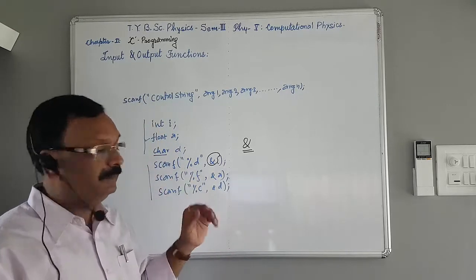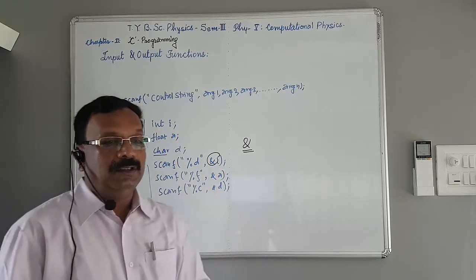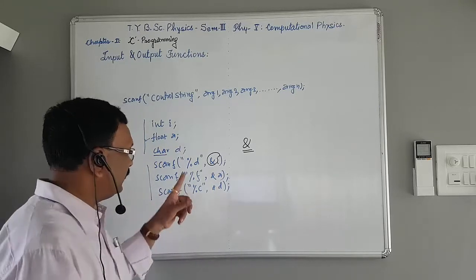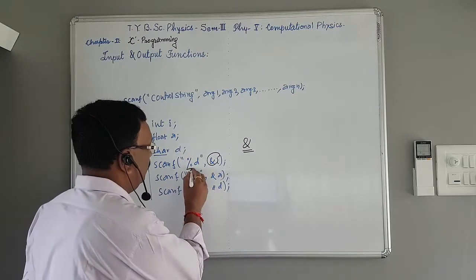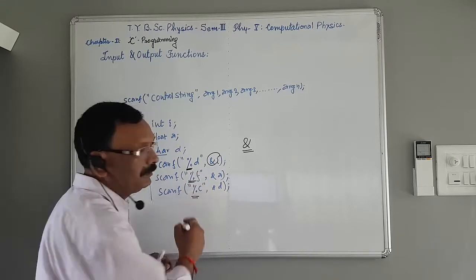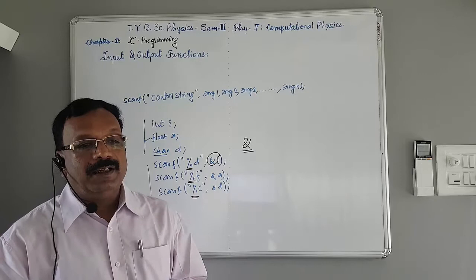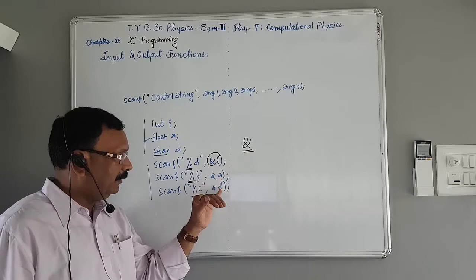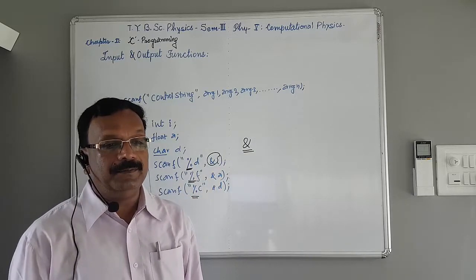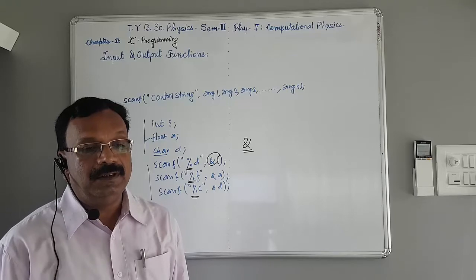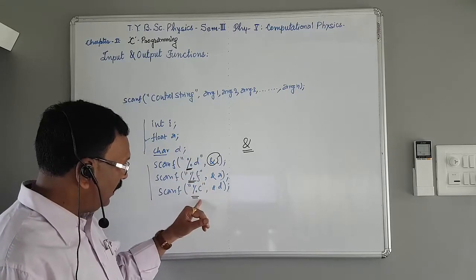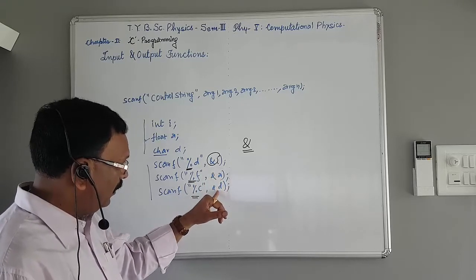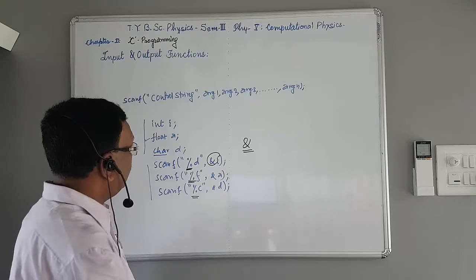Now control string. Control string is very important. Control string consists of individual groups beginning with a percentage sign, followed by a conversion character for a data item. Here i, a, d are the data items. Within the control string, here we supply only a single character, or here we can put only a single character.